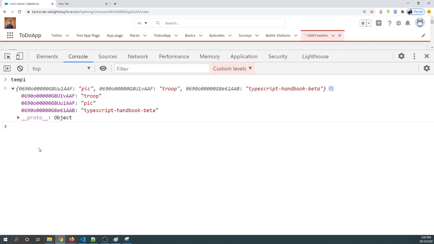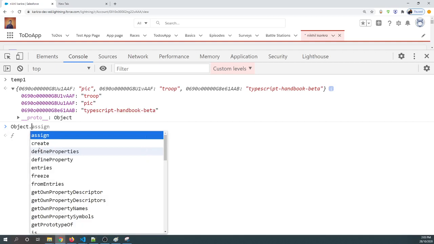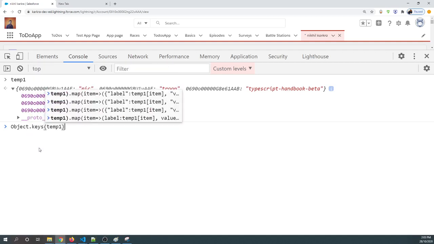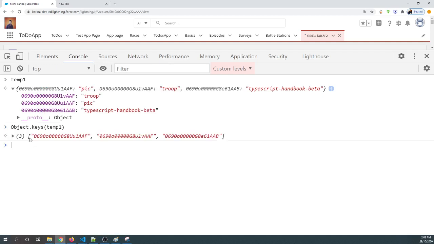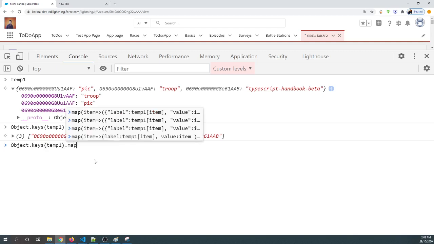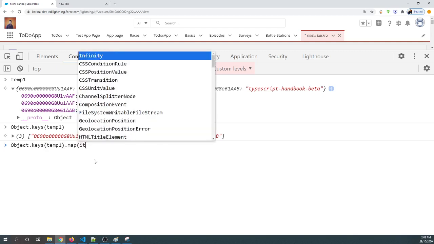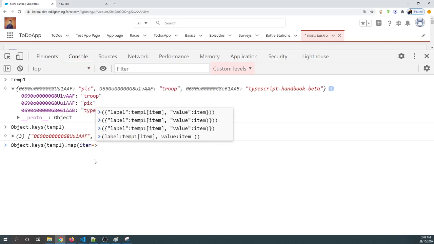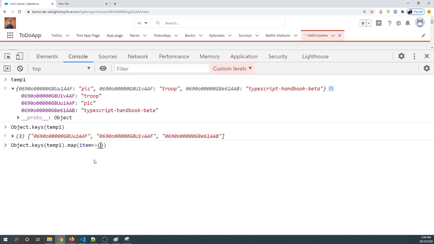What we're going to do is first fetch all the keys. To fetch the keys, you call Object.keys and pass your object. Now you see it fetches all the keys in the form of an array. Now on this array we're going to transform the data, and to transform the data, everybody knows we use the map function with an arrow function.